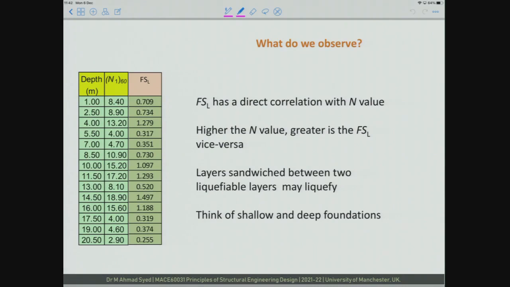Yes, please. So for a soil profile like that, what would be the solution? Because then we have so many different variations, it's very large. It depends on what type of foundation. A very good question indeed. If you have a shallow foundation, shallow foundations typically have depths of about 2 meters, right? And you see that yes, it is likely to liquefy. So you may need to do some ground engineering measures, like compacting the soil by vibrocompaction and things like that. So you need to make it stronger